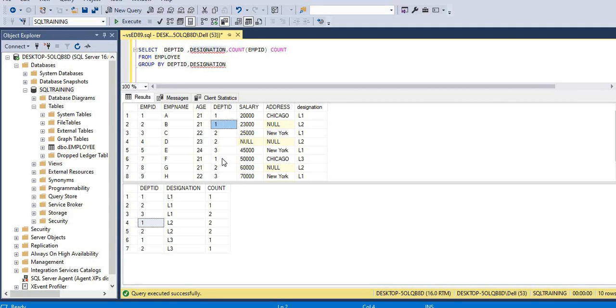there are 4 employees. Among the 4 employees in L2, if you see this one, row number 10 and row number 7, that is employee 8 and employee 11 are belonging to L2. So sorry, row number 7. I think so, in L2, right? So first let's group by department ID 1. There are 4 records,